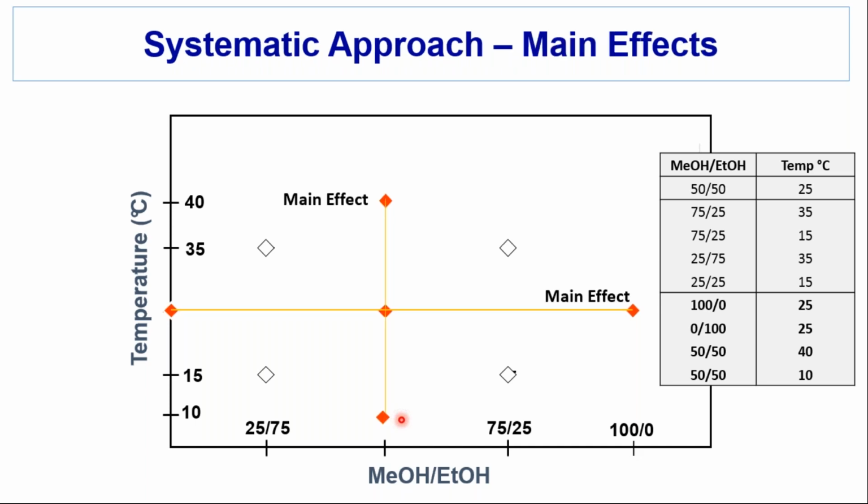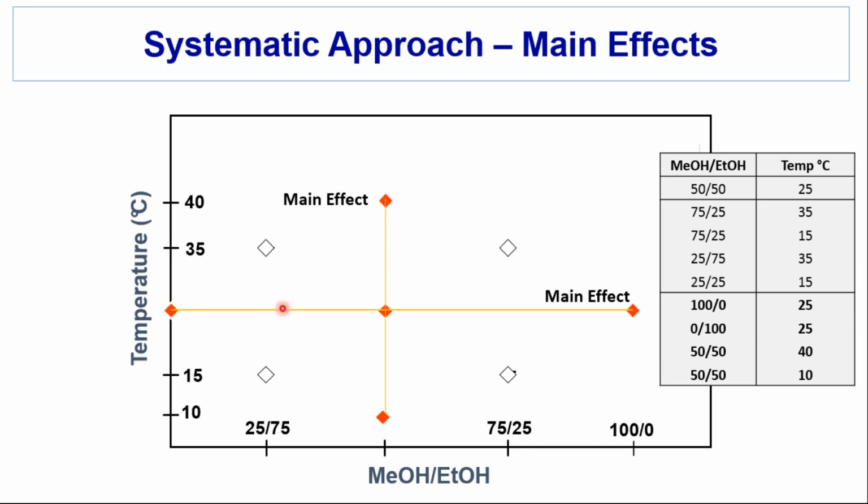Statisticians refer to this as main effect. It means everything's held constant. We're just looking at the behavior of one parameter change with everything being held constant. So if you want to, it's statistically defensible because statisticians have a name for it. So you could still at least run these experiments, and this is still a systematic approach. You don't know about the interaction, but you do know what the bulk effects are.